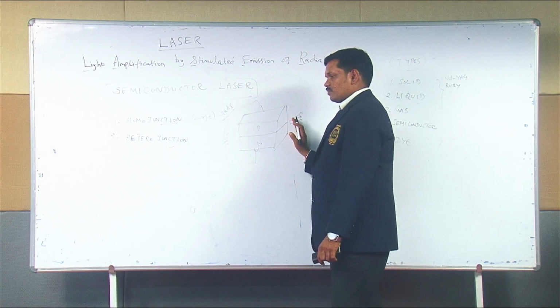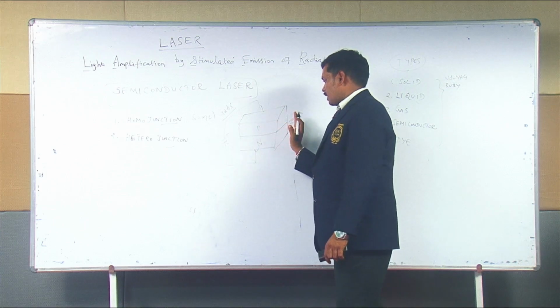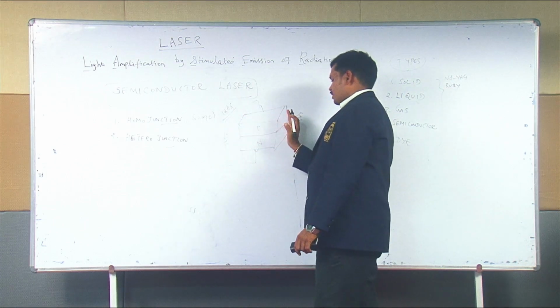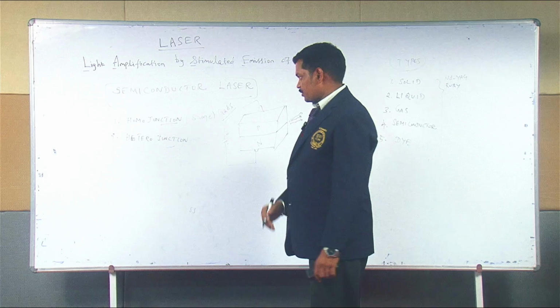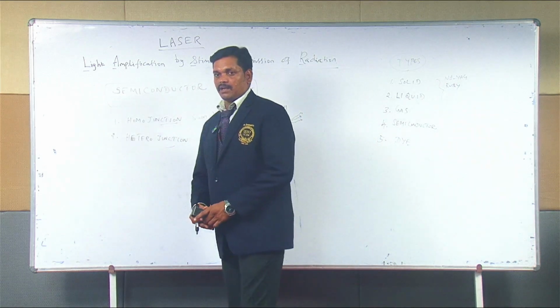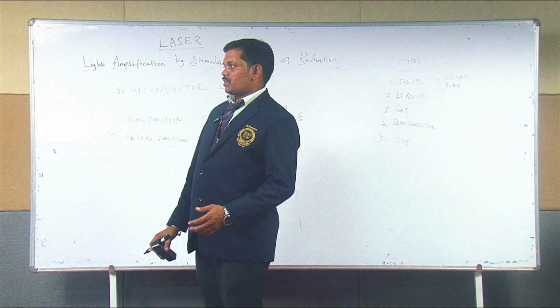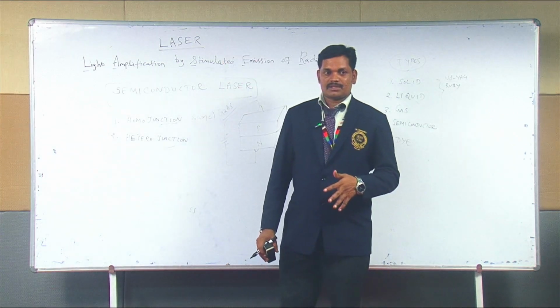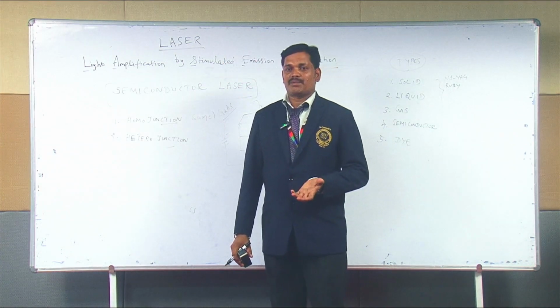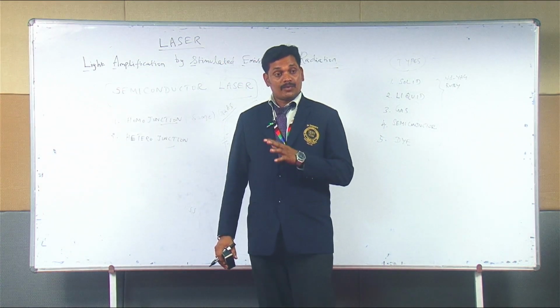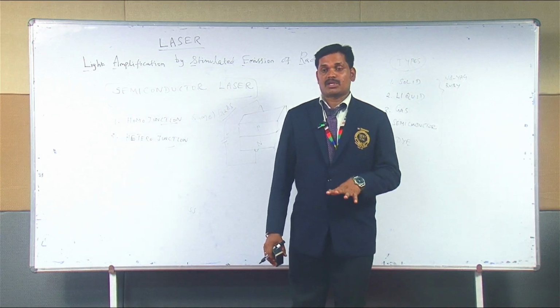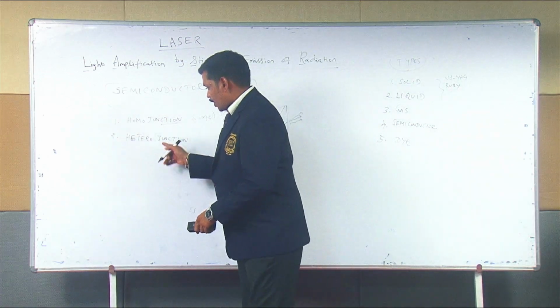So through this we will get the output. Here the atoms or molecules bounce back and we will get the output. So this is the homojunction semiconductor laser. In the homojunction semiconductor laser, the output is mostly continuous, or even if you want pulsed type, we can get that output also. But if you want only continuous output, then we can go with the heterojunction